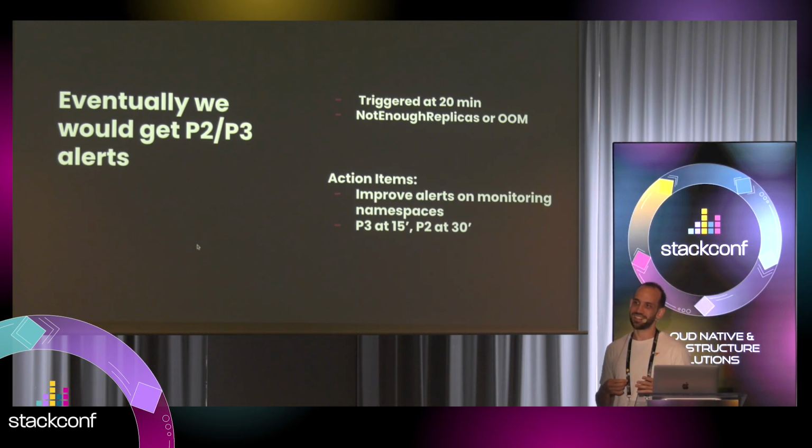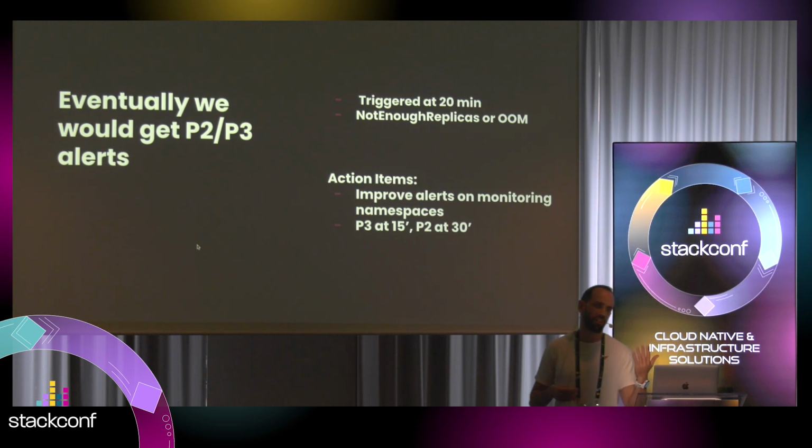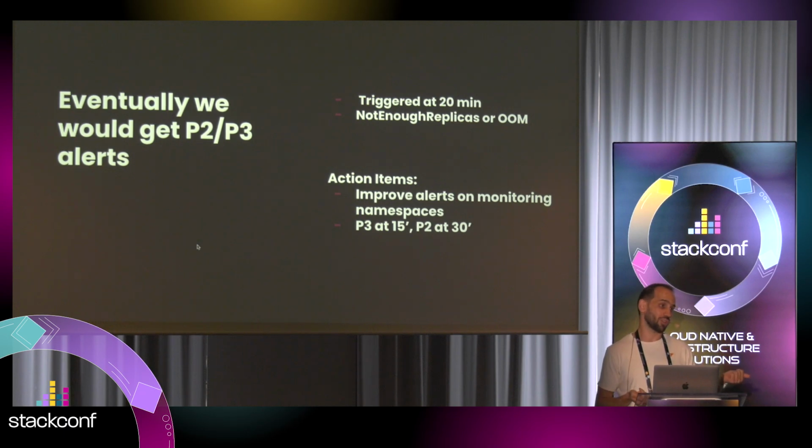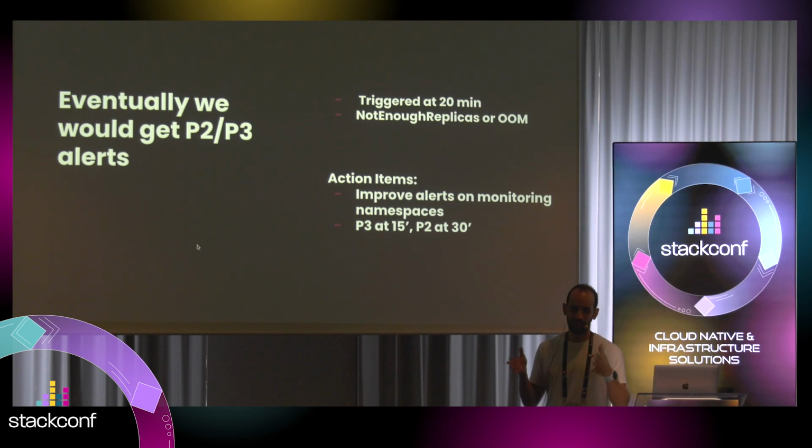What it means is that we gave ourselves the ability to fine-tune the alerts so much that we didn't want to bother our engineers a lot. So we said, you know what, it's fine. For 10 minutes, it's not that much. Out of memory for pods for 10 minutes, they can wait for a bit. So we would eventually get some P2 alerts, mostly on out of memory and deployments not having enough replicas, but in 20 or 30 minutes. Obviously this is a problem, because you can have a problem in production, in your monitoring, and the on-call engineer will not get notified in the first half hour. Even then, it would be a P2 or even worse, a P3 alert. Obviously, this is not okay for us.